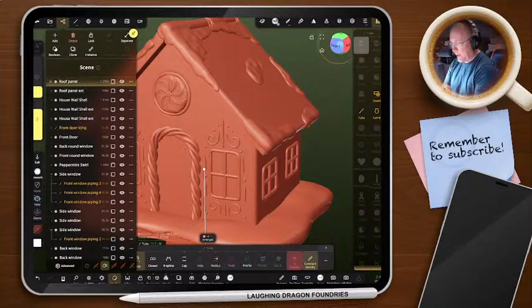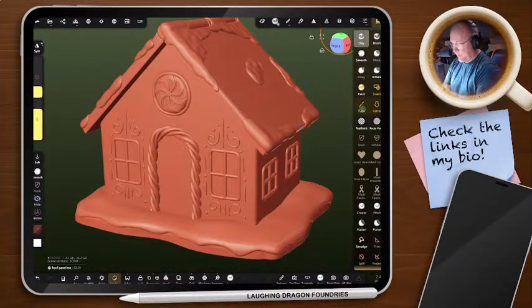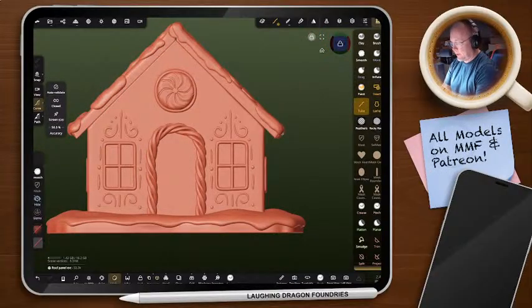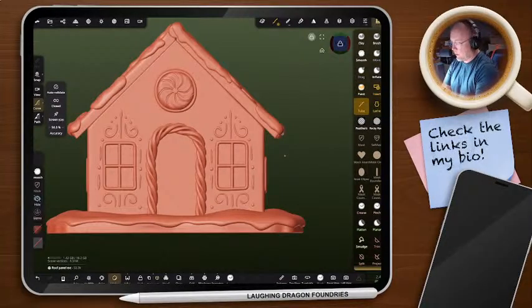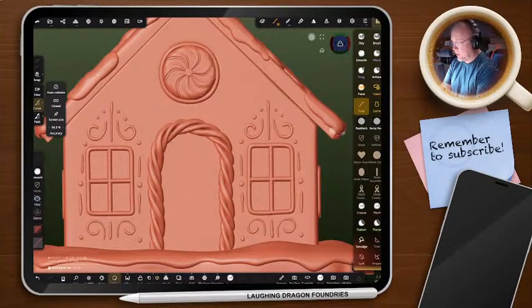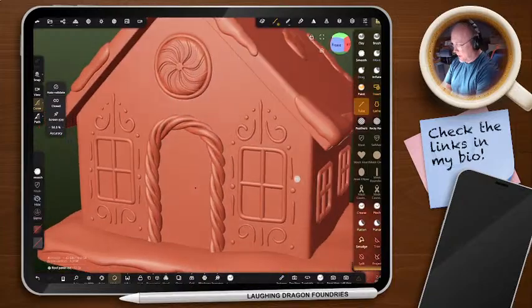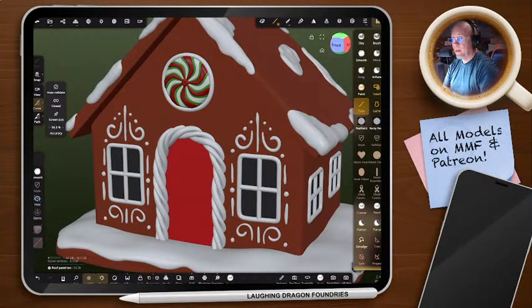The problem with creating candy canes by some methods, the challenge with doing candy canes is you want to do a twist. Kind of like the front door here, although that's just icing. That's not a striped icing. That was just a kind of twisted piped icing was the concept. But in order to